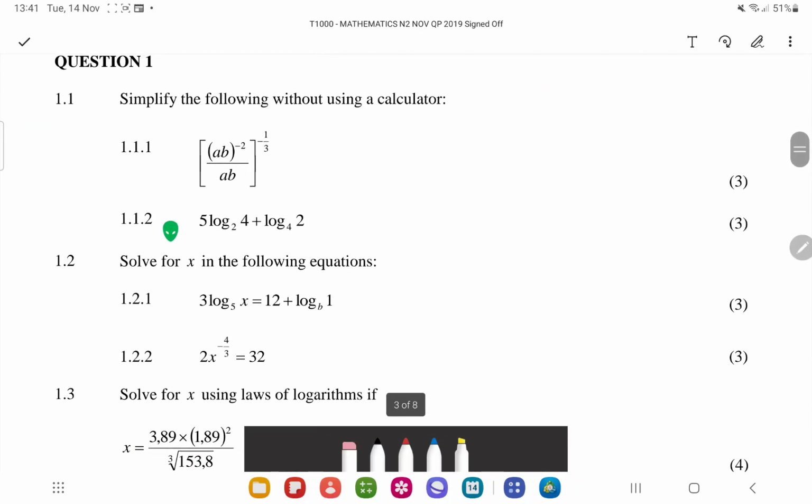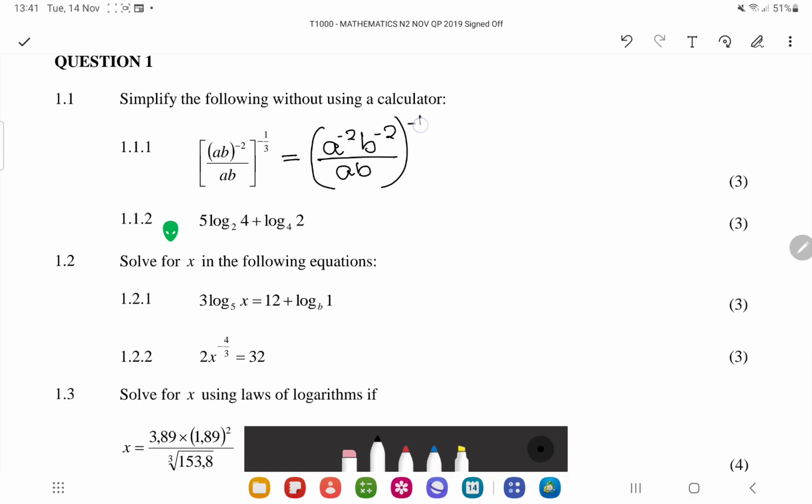The question says solve without the use of a calculator. So this is what we call exponents. Now we're going to start inside, going outside. Remember the -2 is not for everything, but only for what it is attached to. That will be a^-2, then b^-2, then divided by ab, then we have the power -1/3. Preferably, before you do that, let's work out what is inside the bracket, which is the law of exponents